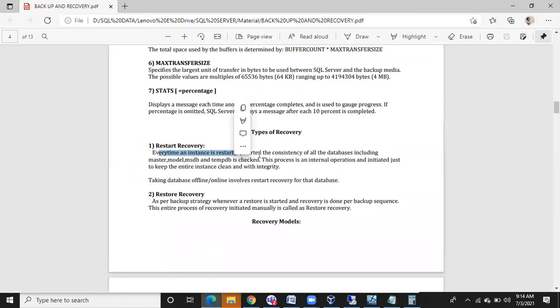Simply, restart recovery means, if you see here, every time an instance is restarted or started, the consistency of all the databases including system databases is checked. This process is an internal operation and initiated just to keep the entire instance clean with integrity. What is restart recovery? Whenever you restart your SQL server, SQL Server database engine will check each and every database